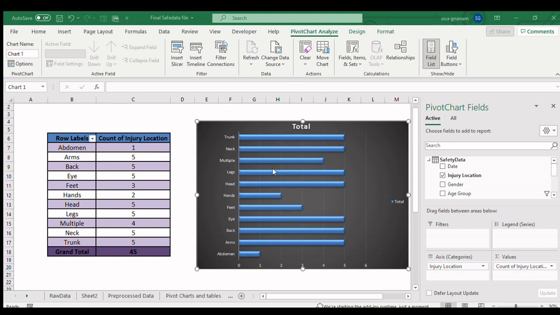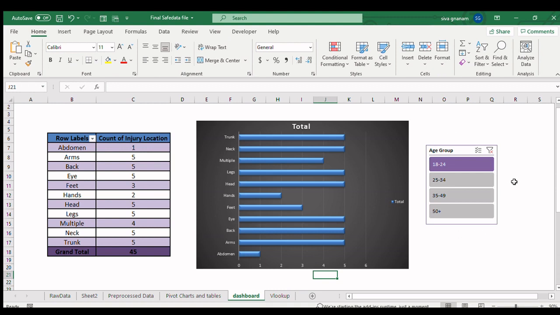And now choose a particular column name. And all the records are available in the slicer. The chart shows the visible difference according to the age groups, based on the option we select in the slicer. This is how a dashboard works.